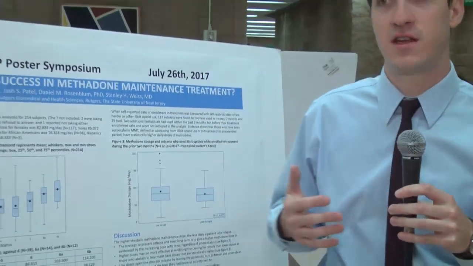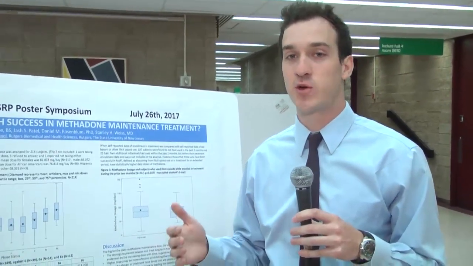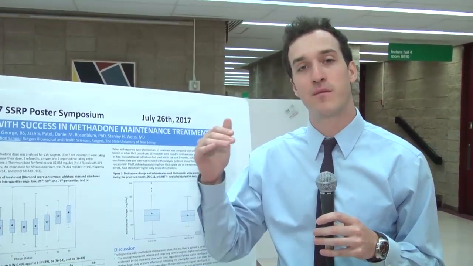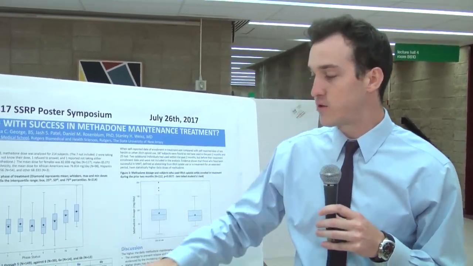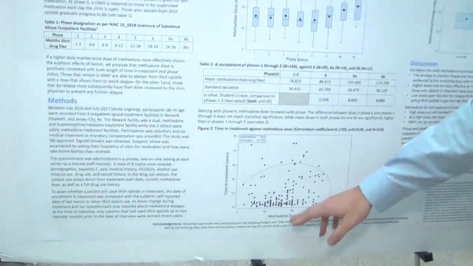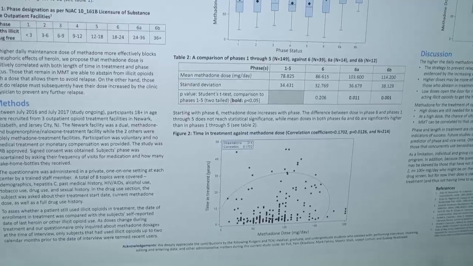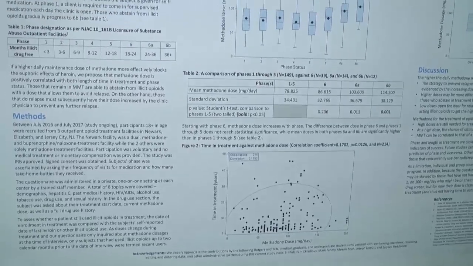One of the things we're interested in is how a patient's methadone dose changed with time. We theorized that over time a patient's dose would increase, whether that be because that higher dose worked for them or because the doctor kept bumping them up as they kept relapsing. So as I show here in figure 2, there is a positive correlation between a patient's methadone dose and their time in treatment. The R value is unfortunately only 0.17, but it was significant